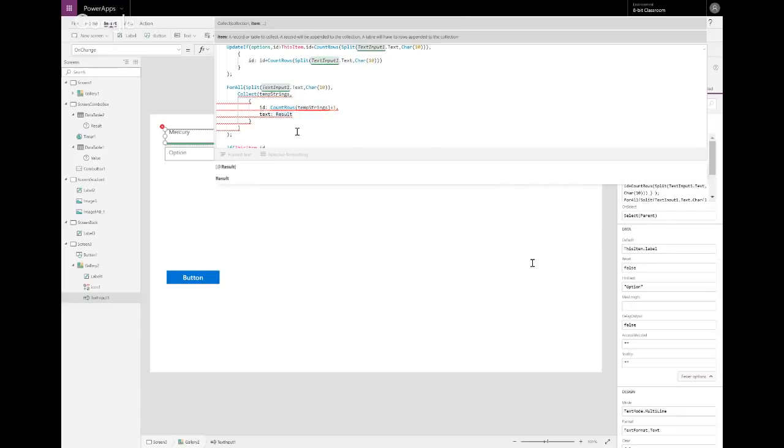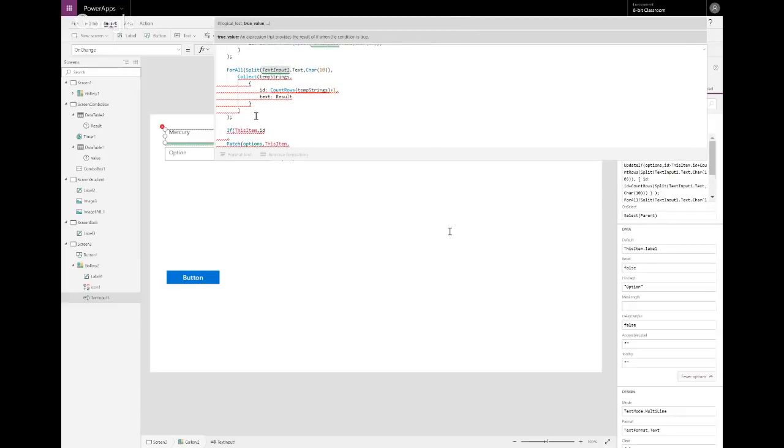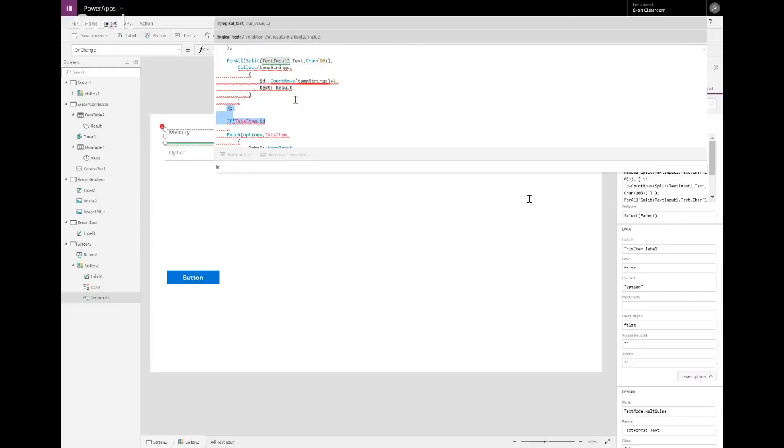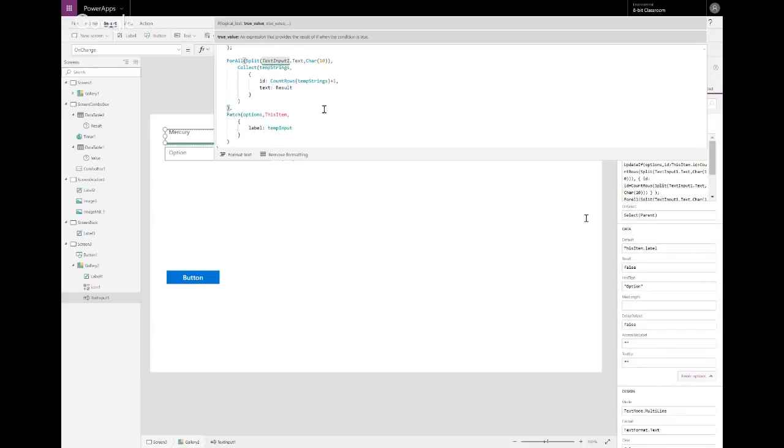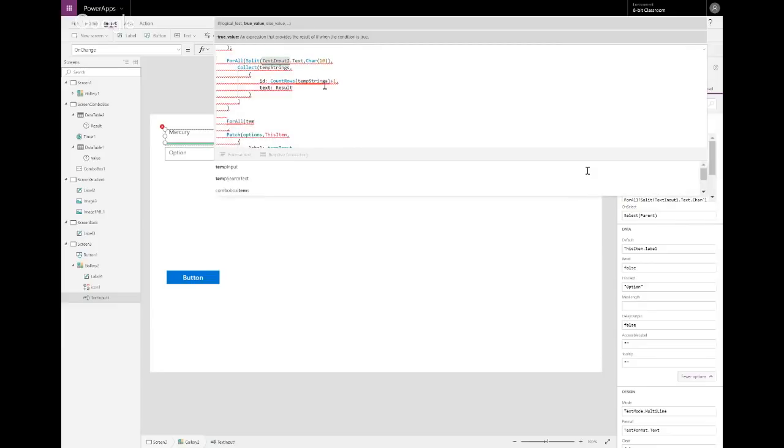Collect to this thing. Oh, I know why it's not working. The rest of this isn't broken. Okay. I'm going to collect it to give them an identifier. Now, for all of those things in the temporary strings, now that they have identifiers,